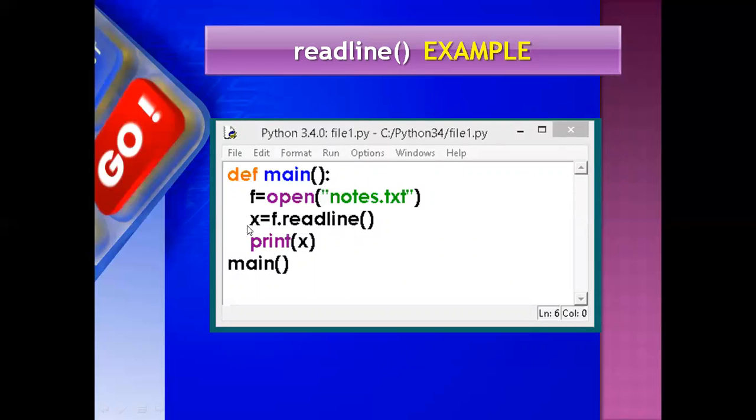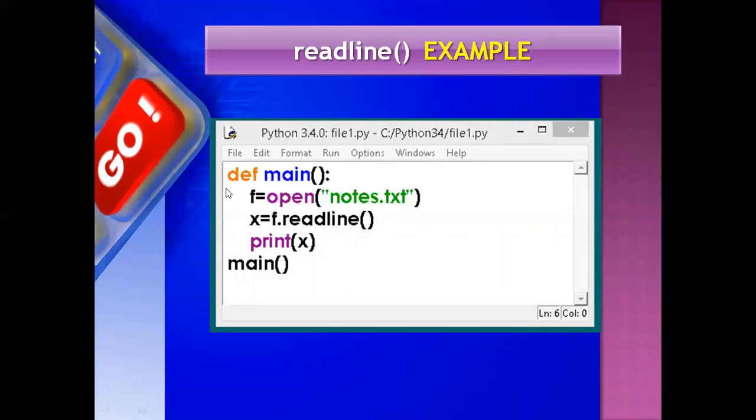Now x is another variable, equal is an assignment operator. F dot readline, you have to write the dot notation: f dot readline. Whatever line is read will be stored in x, and print x means it will be printed here.